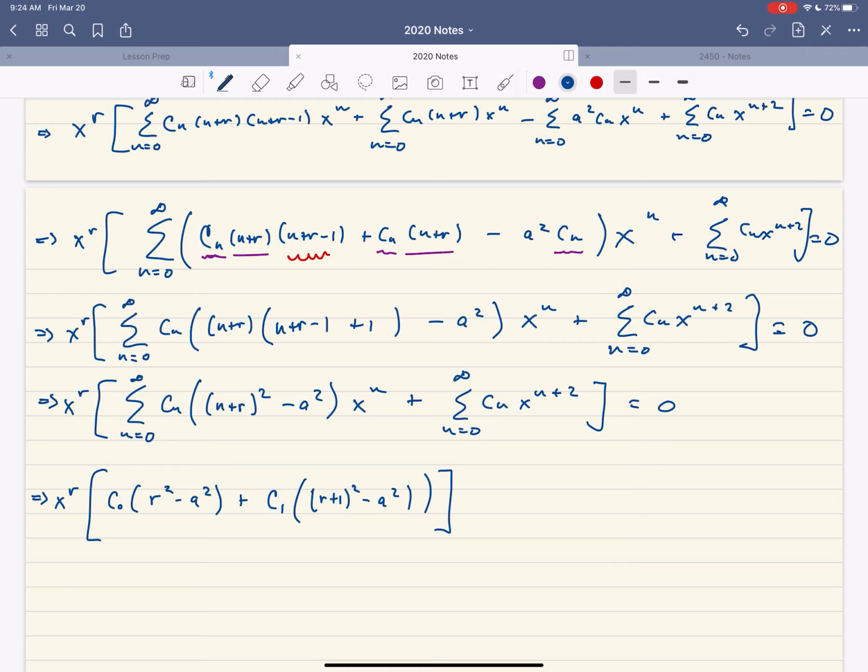And then we're going to add to that the rest of the sum that we already have. So plus this sum, as n goes from 2 to infinity, c sub n times (n plus r squared minus a squared) x to the n, plus this last sum, which we haven't touched in a few lines here, c sub n x to the n plus 2. That's all equal to 0. And,